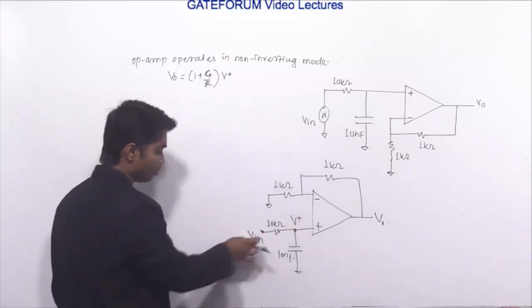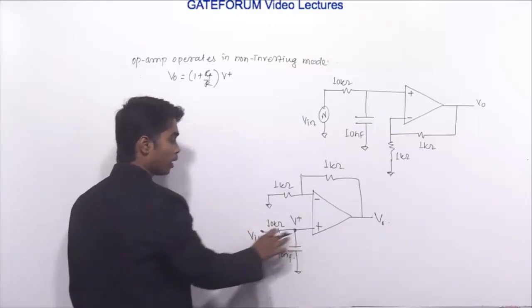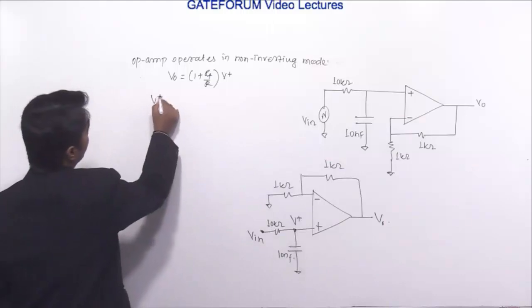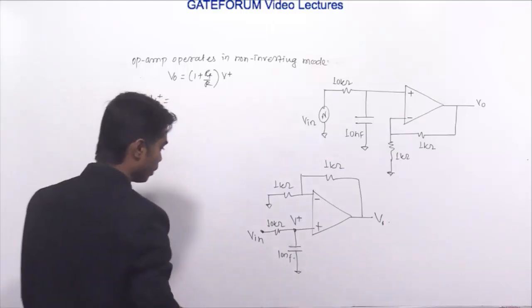Most of the students take V in directly. No, see, V in is not appearing at this end directly. It is V plus. Now we have to calculate the V plus. What will be the V plus? V plus is the V in,